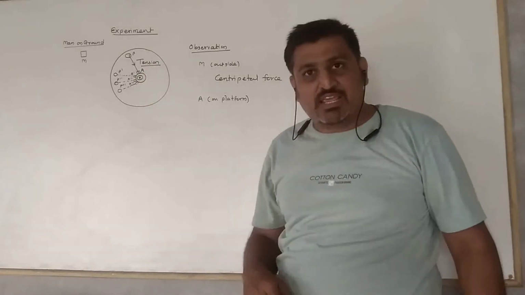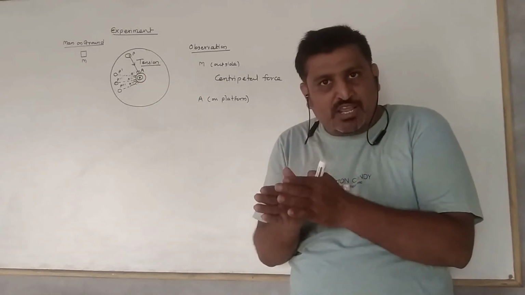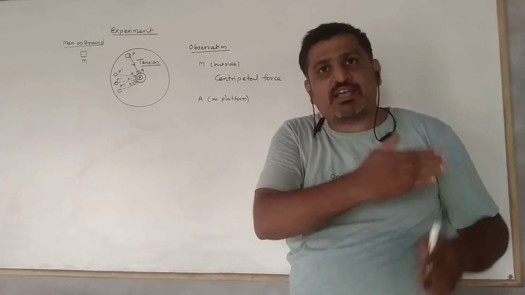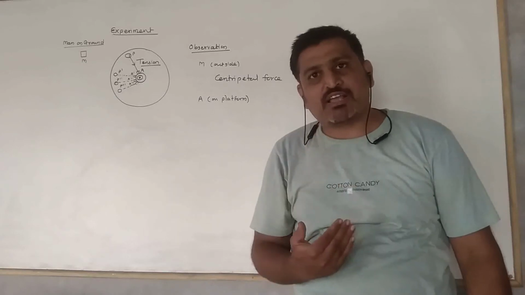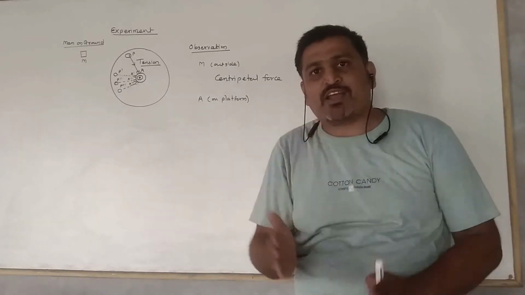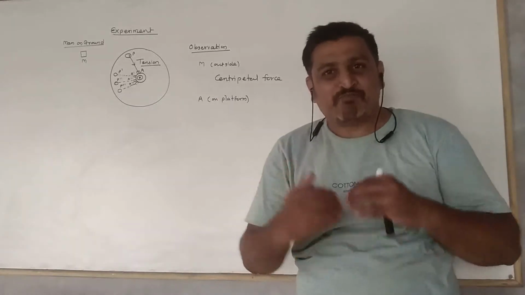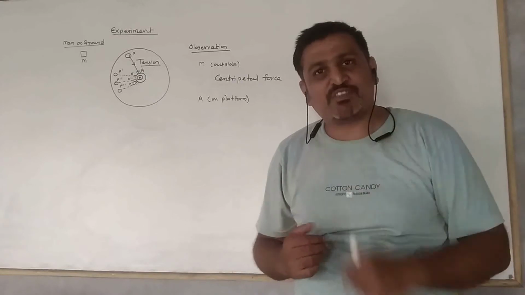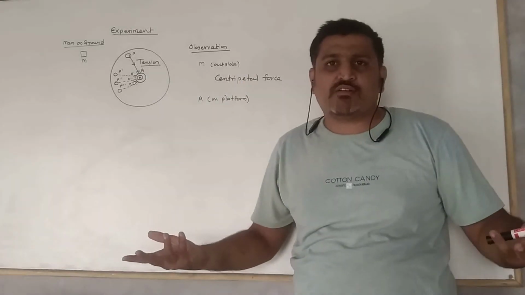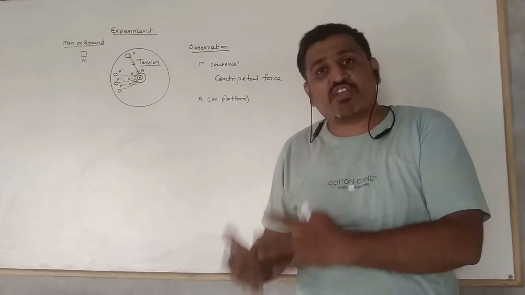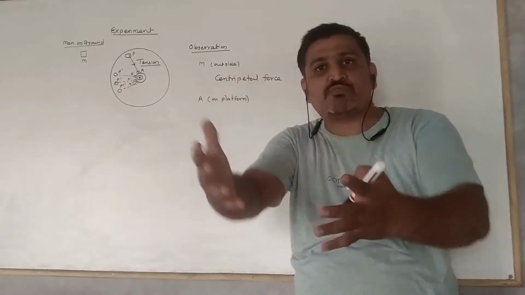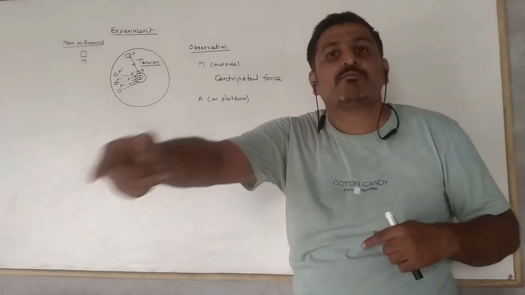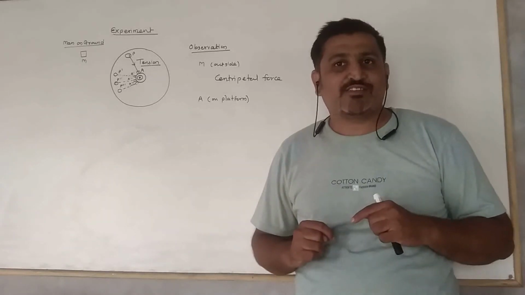But the person A, when he is at position A, when he is at position A dash, when he is at position A double dash, when he changes his position to A triple dash, at all these positions we find that the ball is in front of him at P, then in front of him at P dash, then in front of him at P double dash, in front of him at P triple dash. This means he finds that the ball is stationary. The ball is stationary, still in front of him, because as the person's position changes, the ball's position also changes.